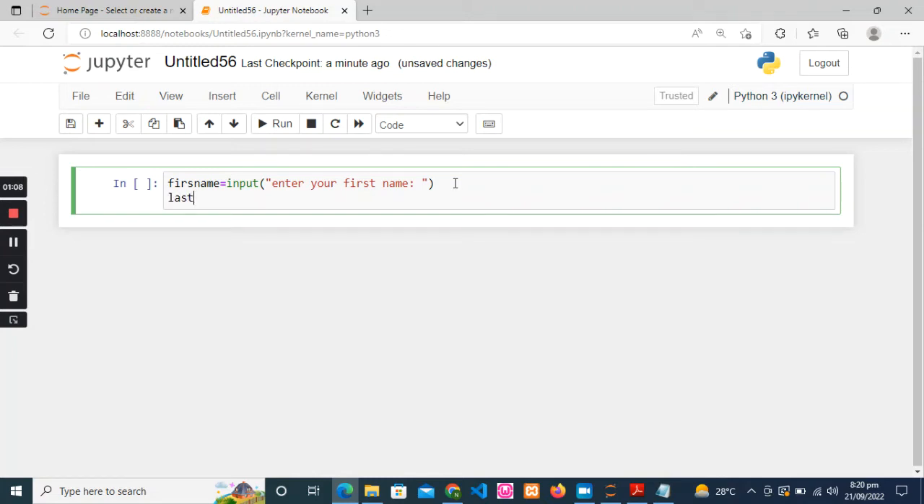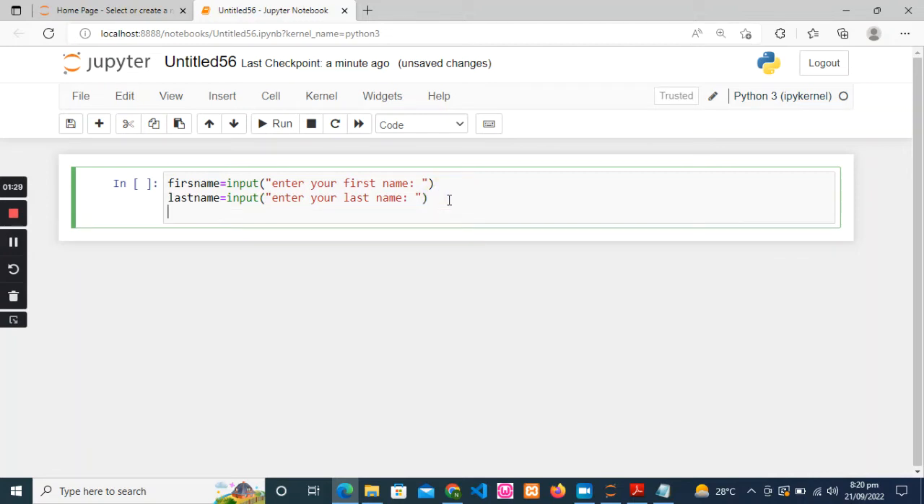And then we store last name equals input, enter your last name. So if the user inputs his first name and last name, then we print his